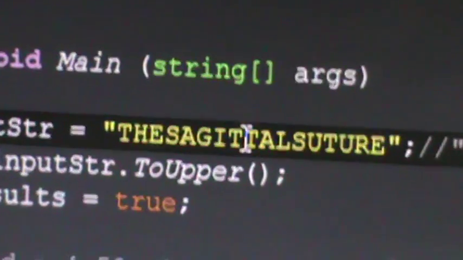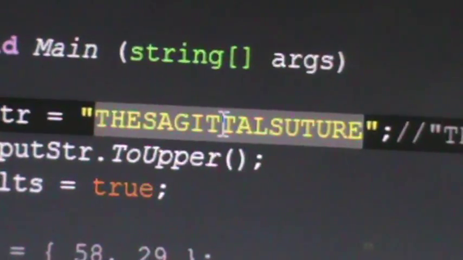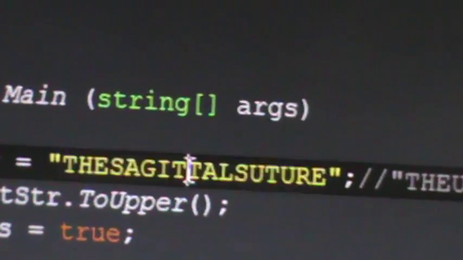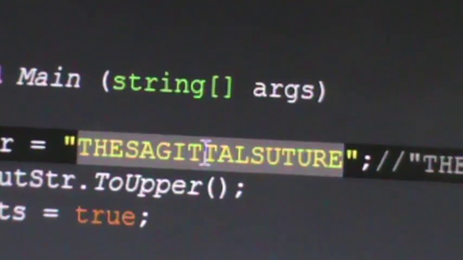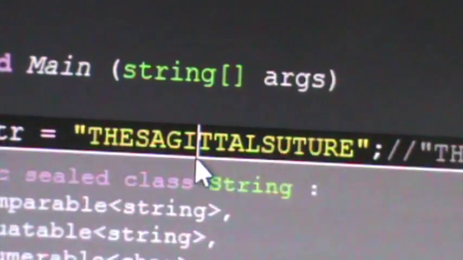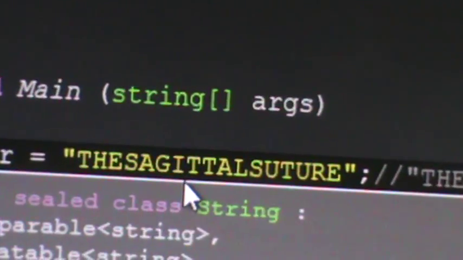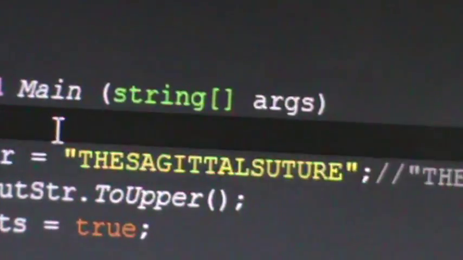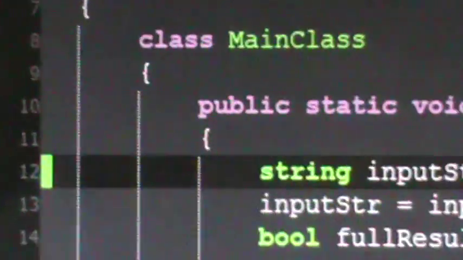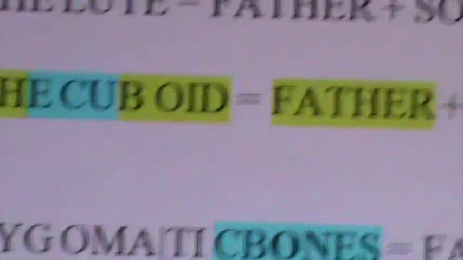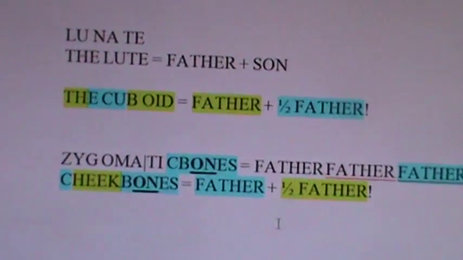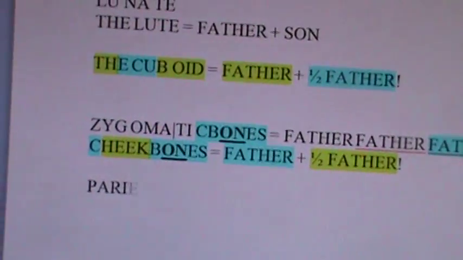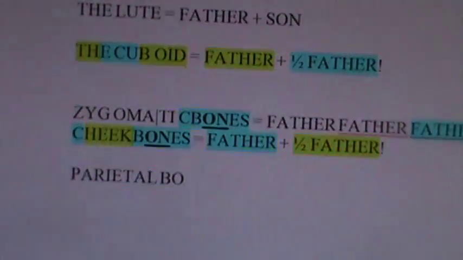So it was fitting that we solved the sagittal suture, which is the topmost line on the top of your cranium. It binds together the 2 parietal bones. Parietal goes to Father, and it's just really overwhelming and awesome. Very cool. As I speak, I'll preach more on this. These are our previous solves for Father. So we talk about parietal bones.